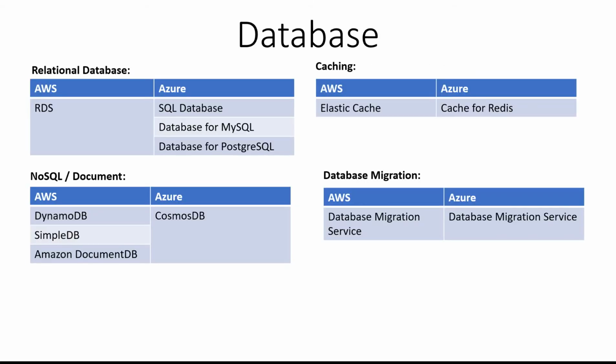Then we saw the databases. RDS is the AWS equivalent, but on the Azure side it is SQL. We have separate databases: SQL Database, MySQL, Postgres on the relational side, and NoSQL. For NoSQL, it is all Cosmos DB that is being promoted. On the AWS side it is all independent, but earlier Azure wanted to have separate DBs for NoSQL, but later they decided it is a multi-model NoSQL DB. That is the concept they're going towards.